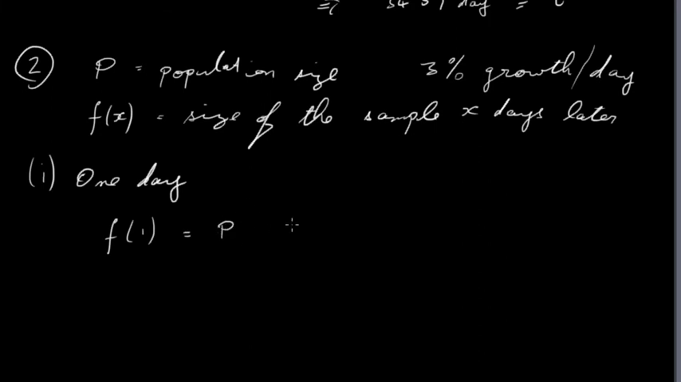We're going to start with a population size of p. And what we're going to do is actually add 3% of p, okay? So after 1 day we have the population p plus another 3% of p. So what does that mean? Well, that's going to be p plus